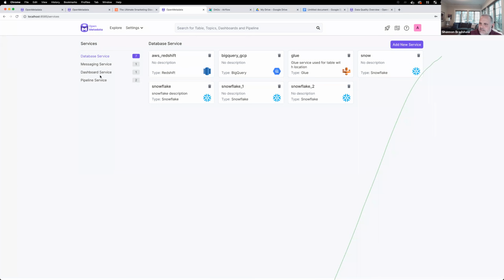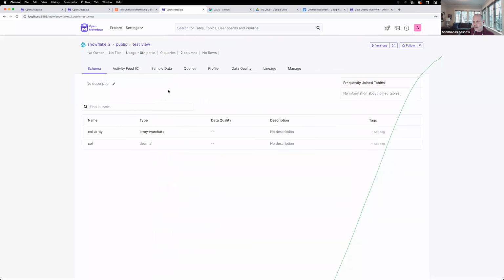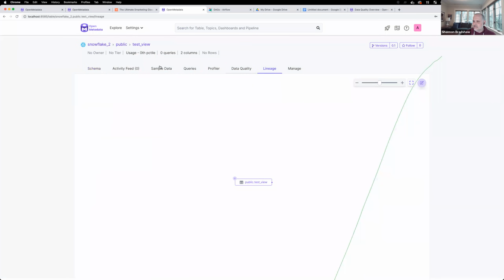So once this finishes running, what I can do here then is take a look at Snowflake assets. And I'm going to take a look at test view. The reason I'm doing this is because this is